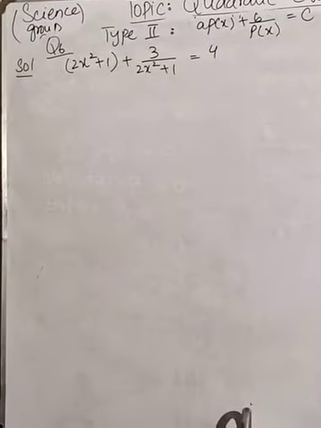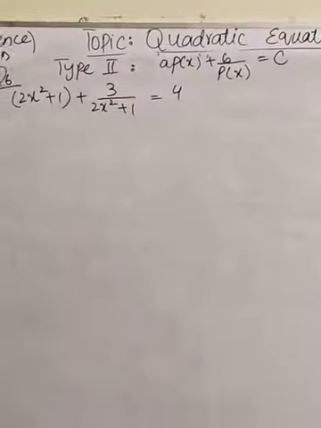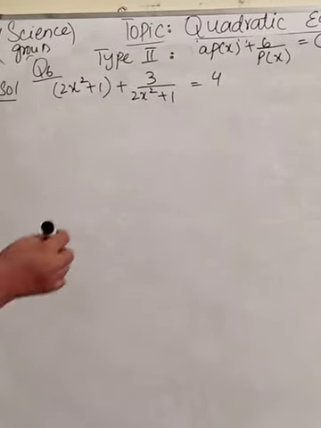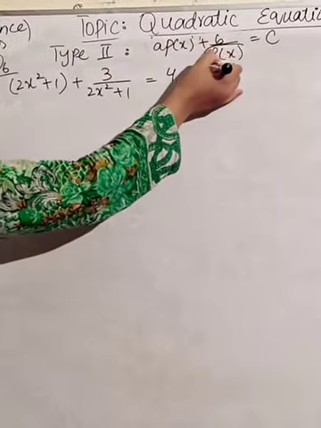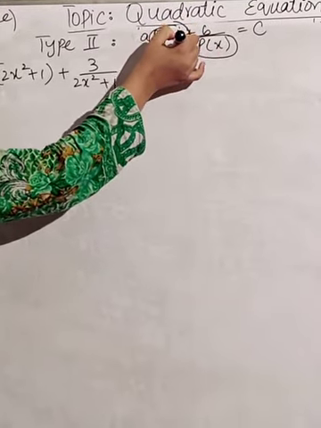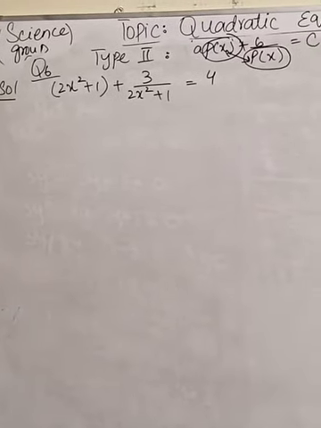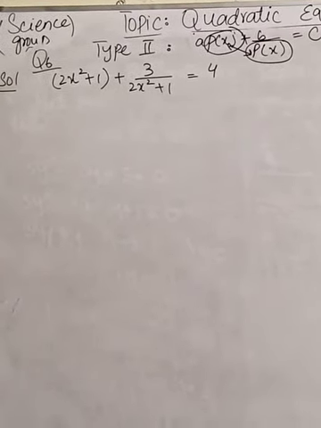The second type we have is a multiplied by a, where a stands for any coefficient. It may be there, it may not be there. The only identification for this type is that the value which is a reciprocal of one term, they both are the reciprocal of each other. If one value is in the numerator, then the other value is in the denominator. So this is what we are going to substitute: y is equal to p of x.